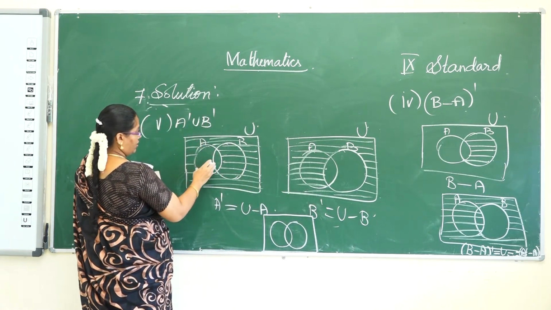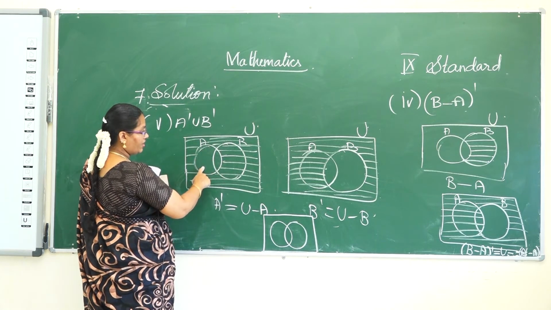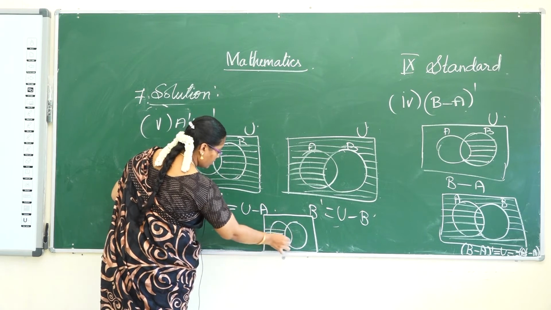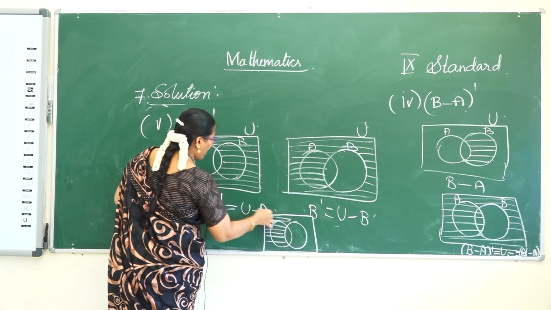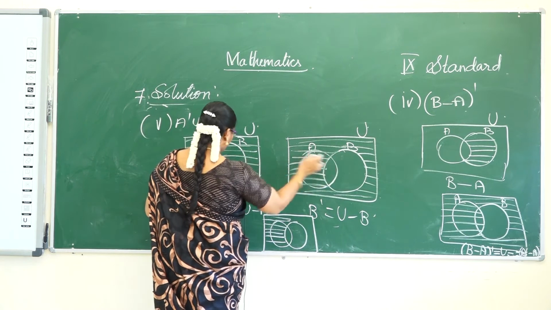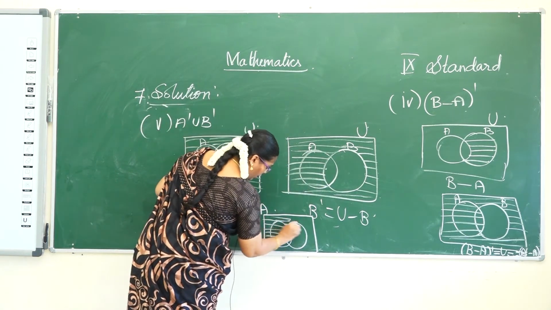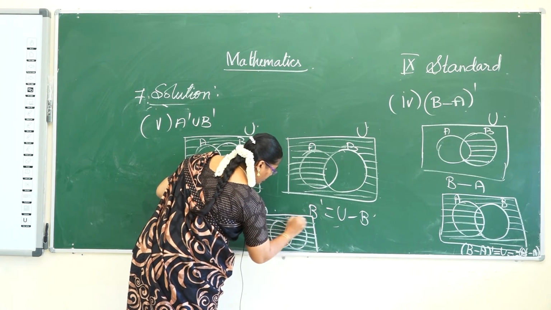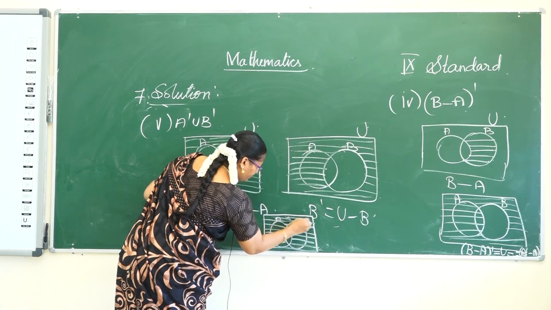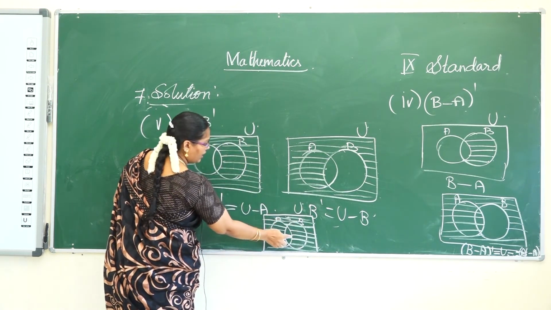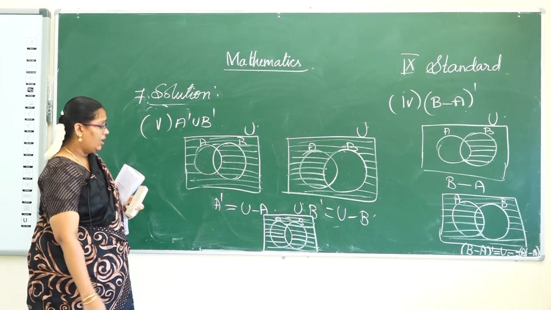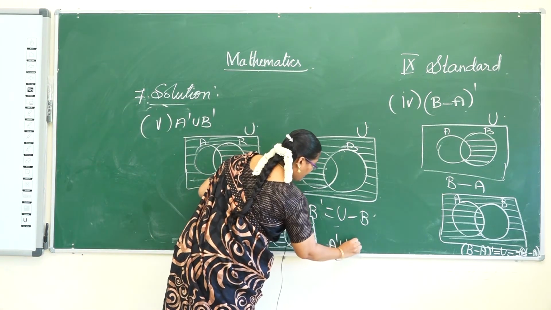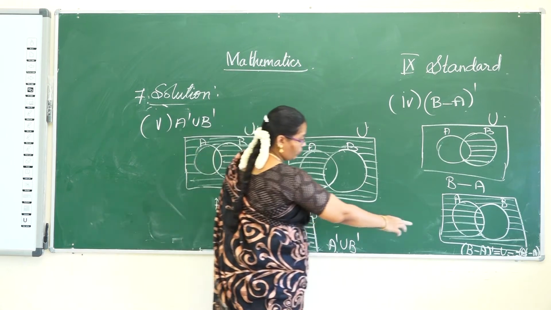So just in this place it is not shaded, but here it is shaded. So it should be shaded in these places. Okay, and here shaded, here not shaded. So in this place shaded. So you also shade this place. So in both sets A, B and universal set, only in this place it is not shaded in A dash and B dash. So for A dash union B dash, we get the same one, is it?